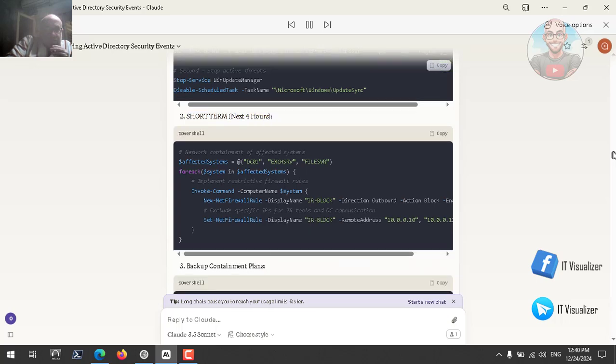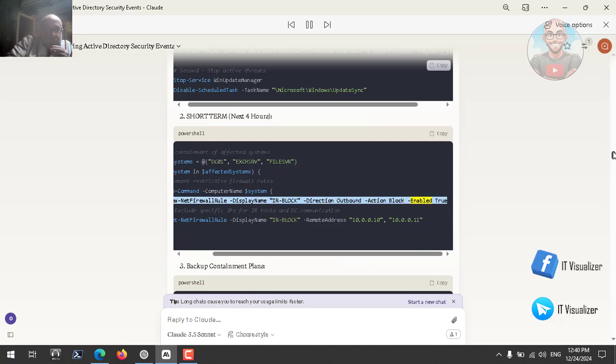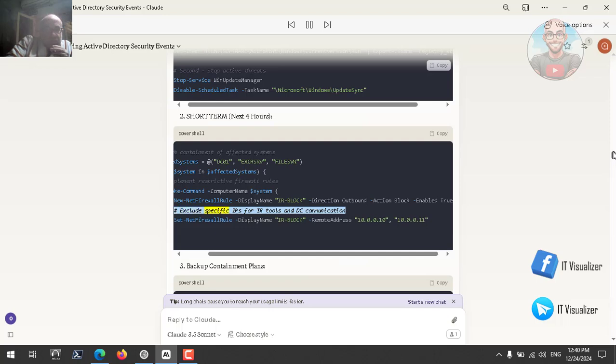PowerShell. # Network containment of affected systems. $affectedSystems = "DC01", "EXCHSRV", "FILES". foreach ($system in $affectedSystems) { # Implement restrictive firewall rules. Invoke-Command -ComputerName $system { New-NetFirewallRule -DisplayName "IR Block" -Direction Outbound -Action Block -Enabled True. # Exclude specific IPs for IR tools and DC communication. Set-NetFirewallRule -DisplayName "IR Block" -RemoteAddress 10.0.0.10,